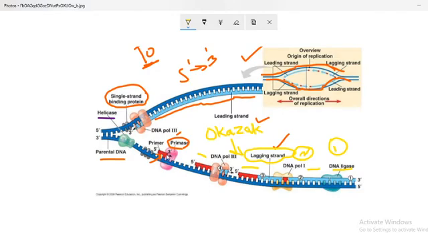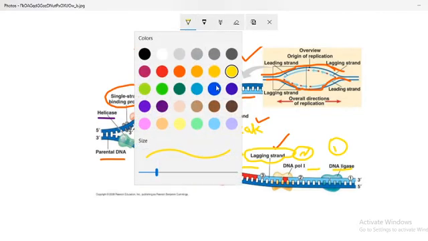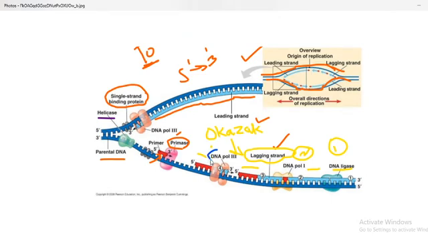Next, apart from these, the DNA polymerase, as I mentioned earlier, cannot initiate the first step. So it requires the primer. See here, the red color is the primers, and the DNA polymerase is working on it. Okay, so we are moving to our presentation.